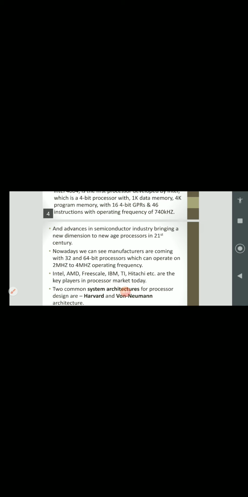And nowadays you can see that manufacturers are coming with 32 and 64-bit processors that we have seen in the previous PPT, that is 4th generation embedded systems or 4th generation processors we have. So all of them have either 32 or 64-bit processors which can operate on, you can see here,